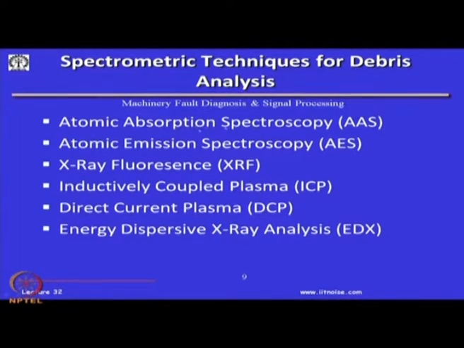These are all specialized equipment like the atomic absorption spectrophotometer known as AAS, atomic emission spectrophotometer AES, XRF, inductively coupled plasma ICP, DCP, EDX, etc. Okay. These are very sophisticated equipment. Each of these could cost anywhere from 50 lakhs to 2 crores. So, obviously, when I have a plant with a gearbox worth only 50,000 rupees or 1 lakh rupees, it will not be economical for me to have all these machines in my plant. In fact, none of the engineering industries have these where they do regular plant operations.